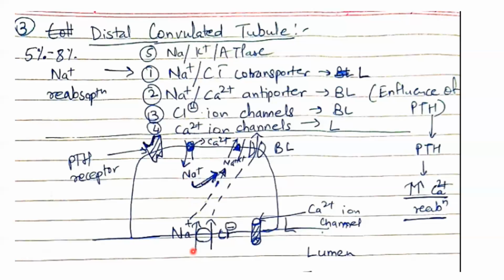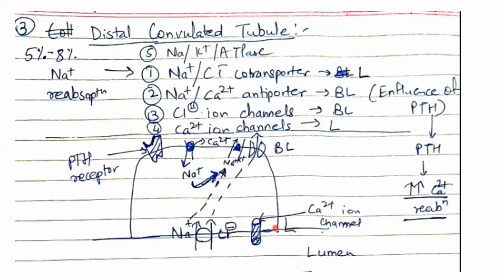sodium is coming from the lumen into the cell. Sodium is also coming from outside into the cell. So there is a lot of sodium getting concentrated here. So we need a mechanism, which is provided by sodium potassium ATPase, which expels the sodium out. This is the very first transporter which we discussed, which is present everywhere. Now you know it.